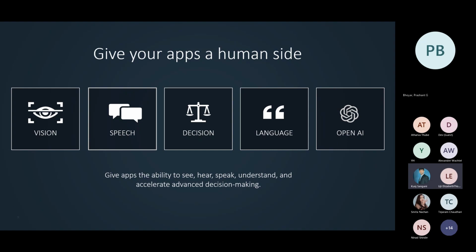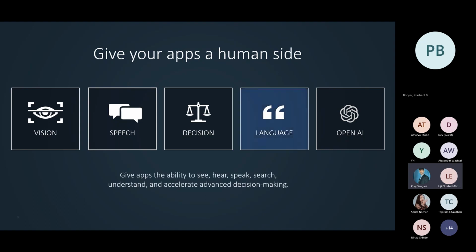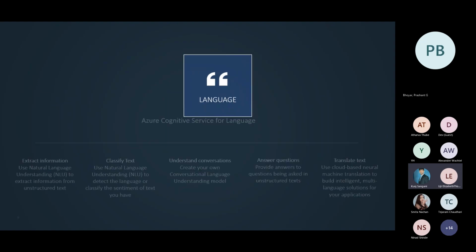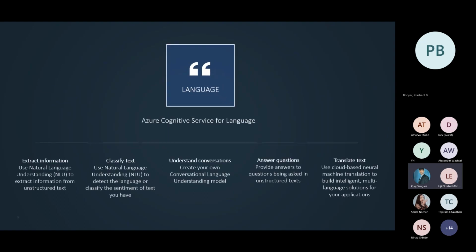So for the sake of time, I would like to double click into one of these, which is language. It's one of my favorite areas because though we've used this in the past, even people who've used this service in the past might find it interesting that there's a lot of developments that have happened in this particular category. Simply put, it is the ability to provide a machine a piece of text. It can be a simple text, a paragraph, a document, an entire knowledge base.